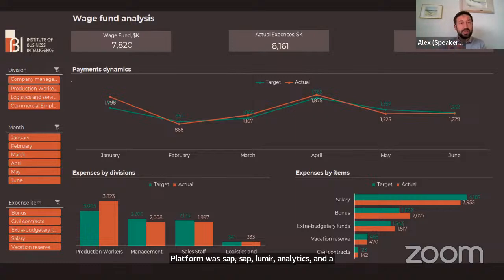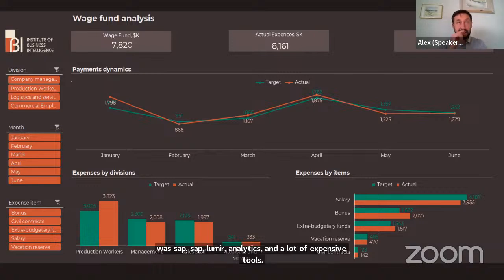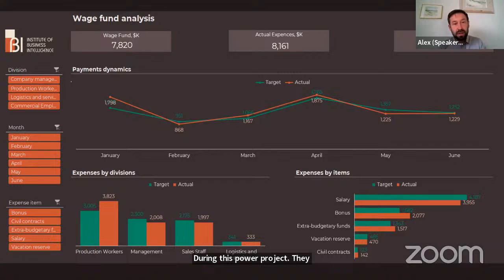But during this project, they developed a temporary solution in my favorite data visualization, data analytics tool. Can you guess what tool it is? Can you recognize? Power BI.